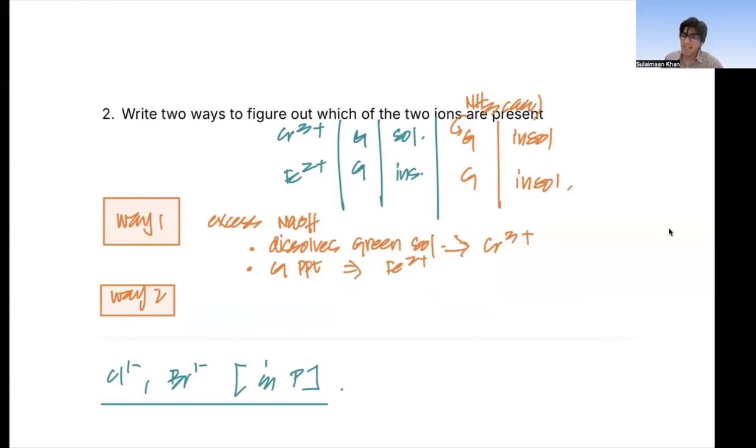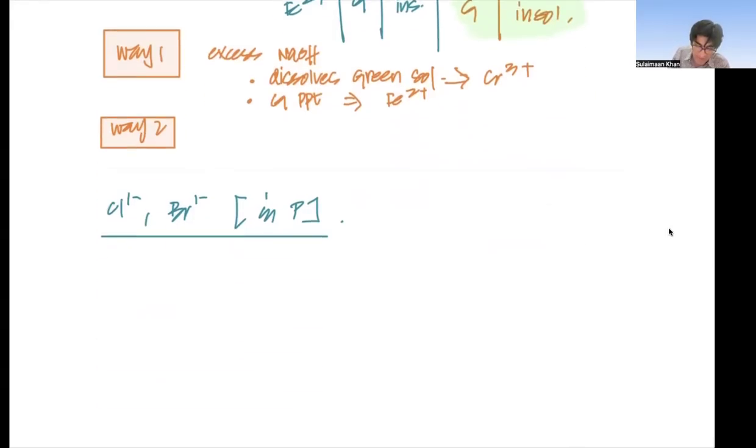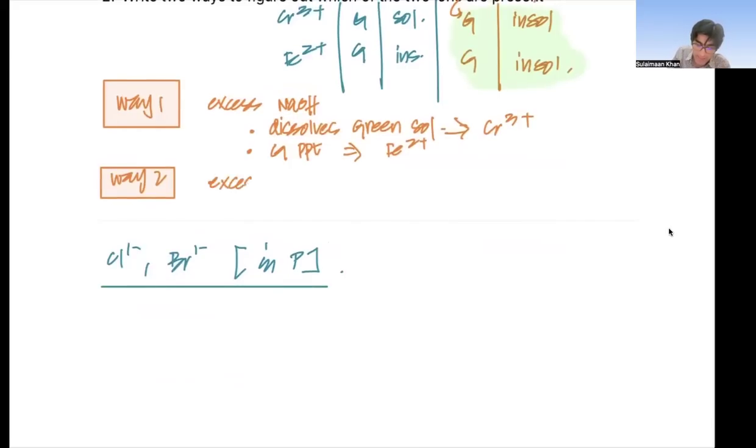Aqueous ammonia, you are almost close, but you might realize that with aqueous ammonia, it's the same. If you add few drops or even if you add excess, it's the same. Aisha, absolutely correct. Aisha is saying, sir, if I add excess aqueous ammonia, or even if I add excess sodium hydroxide, what I'll realize is that iron 2 plus will turn brown near the surface on standing. So I'm going to say way number two is I could also add excess NH3 to it, and then